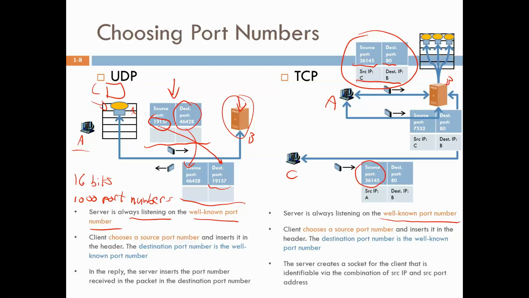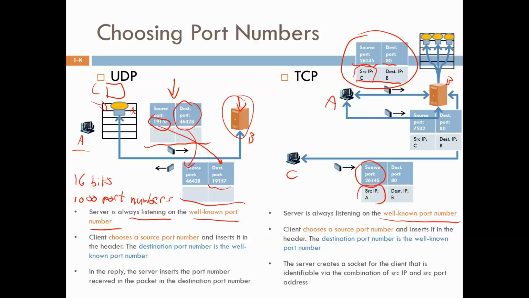Why? Because as we said, TCP offers a set of services. So it offers, for example, reliable transport. If it wants to give feedback to A or C that the packet has arrived, it should know exactly whether this packet came from A or it came from C. This wasn't the case in UDP because there are no services offered with UDP. Now, if A and C by coincidence just happen to choose the same source port number, it will not actually be possible to identify them at B, which is why B needs to use the source and destination IP addresses